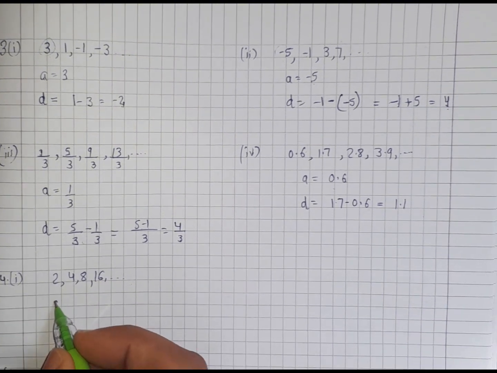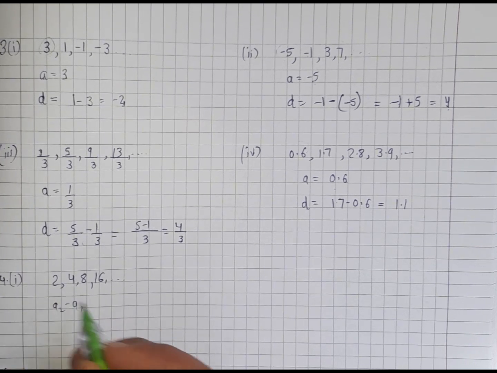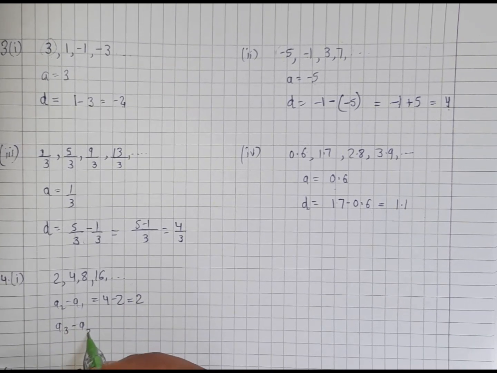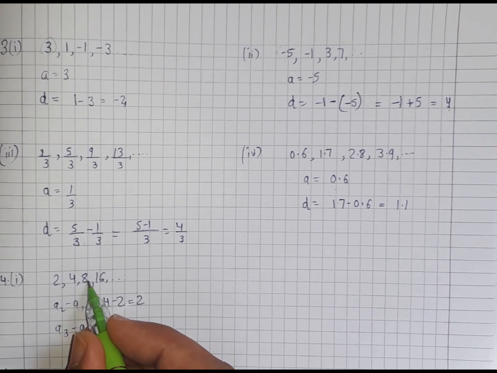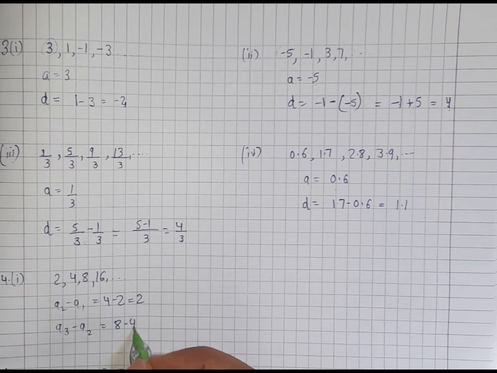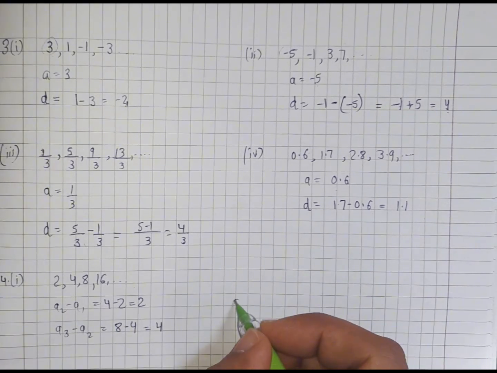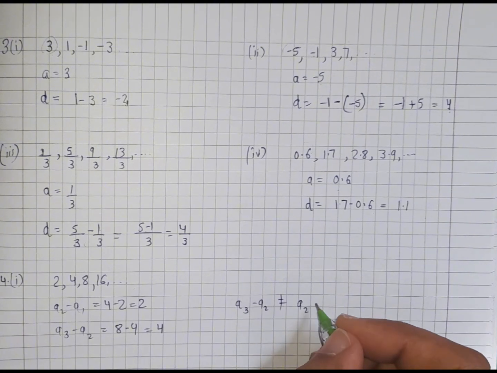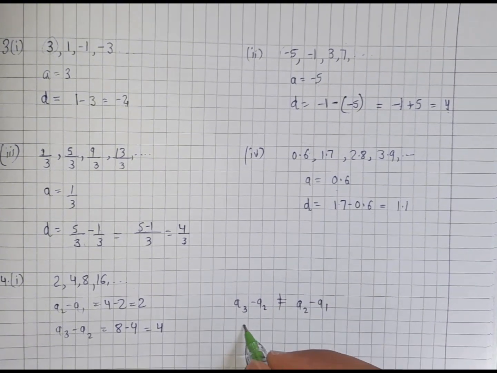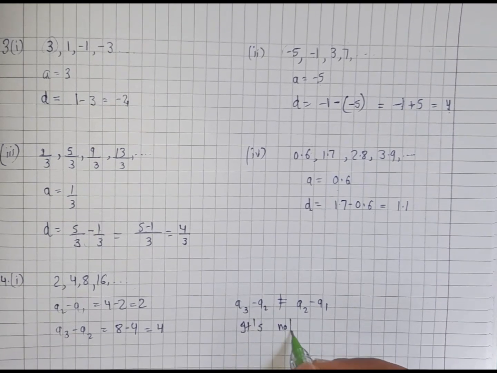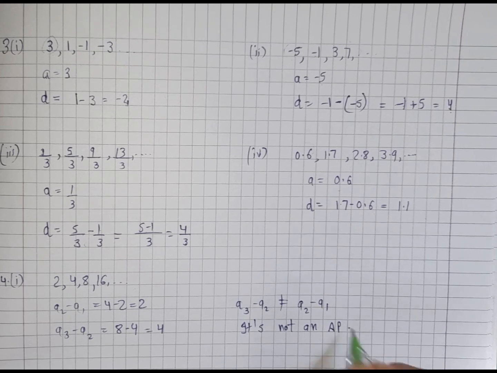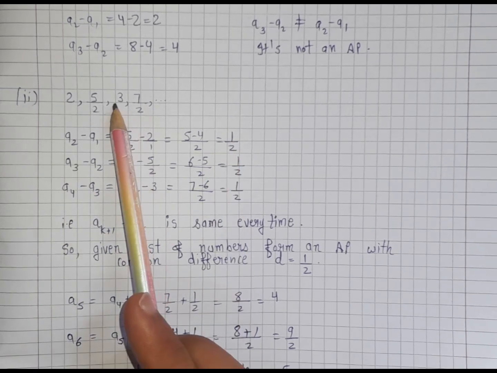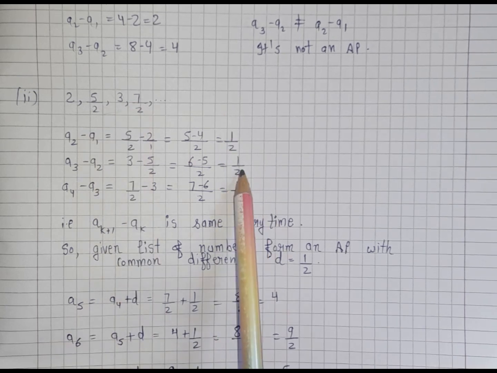So here the difference between each term: A2 minus A1 equals 4 minus 2 equals 2. A3 minus A2 equals third term 8, second term 4, 8 minus 4 equals 4. So the difference between the first two consecutive terms is not same, so it doesn't form an AP. It's not an AP. Now in the second part, A2 minus A1 equals 1.2, A3 minus A2 also equals 1.2